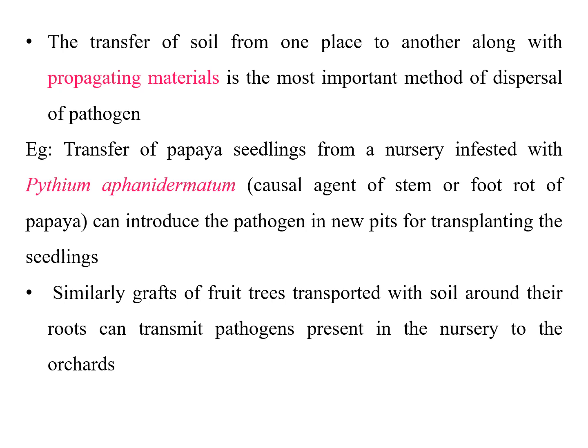And in the case of fruit trees where we follow grafting, particular pathogens also move along with the soil from the nursery to the main field through the seedlings, where the soil is attached to the roots. Through that, the pathogen is transmitted from the nursery to the main field and can cause diseases in the orchards.